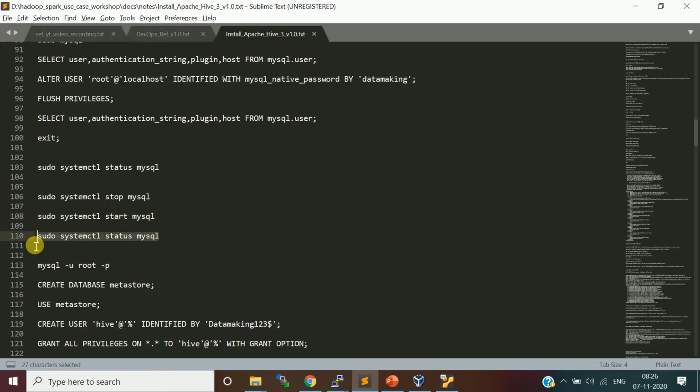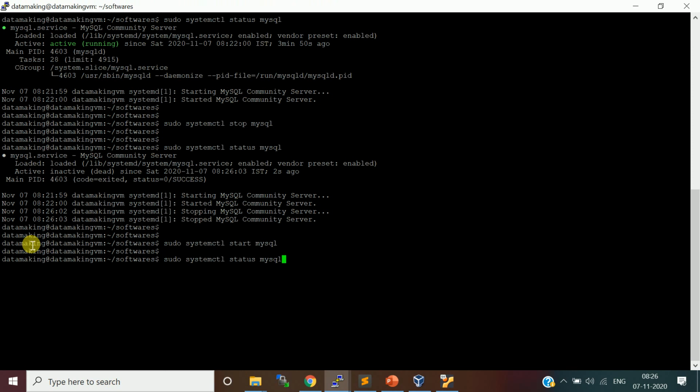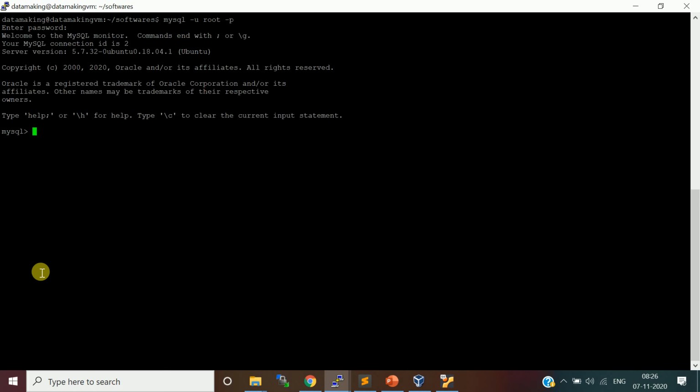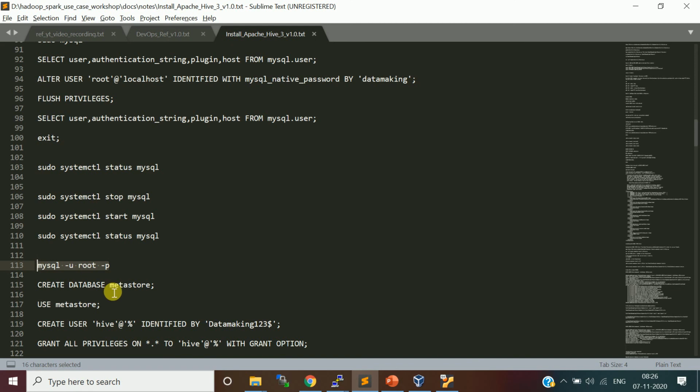Just to verify it's running. Okay, it started running. Now we are going to run the MySQL CLI command with the root user. It asks for the password. I gave data making, which is what we set in the previous steps. Now we are able to log in to MySQL with our root user and password.